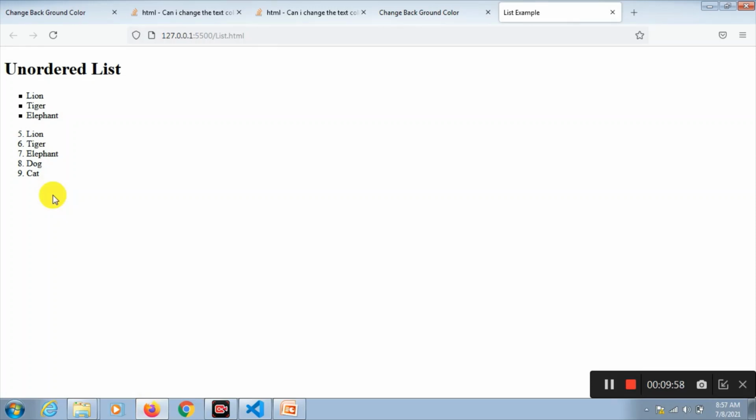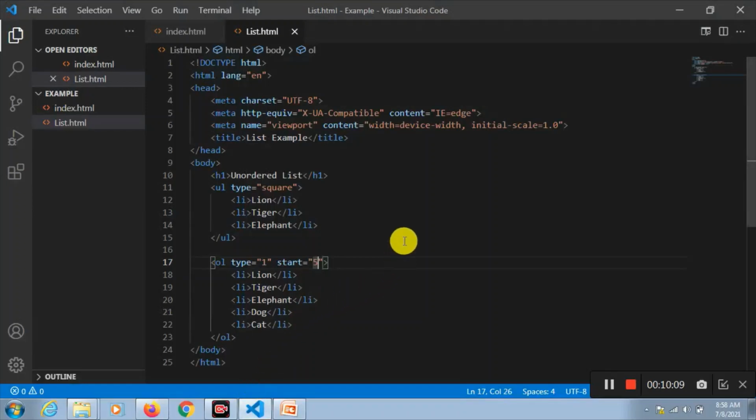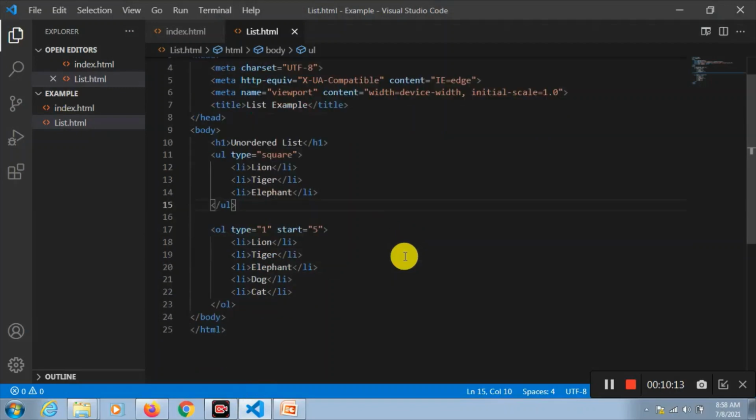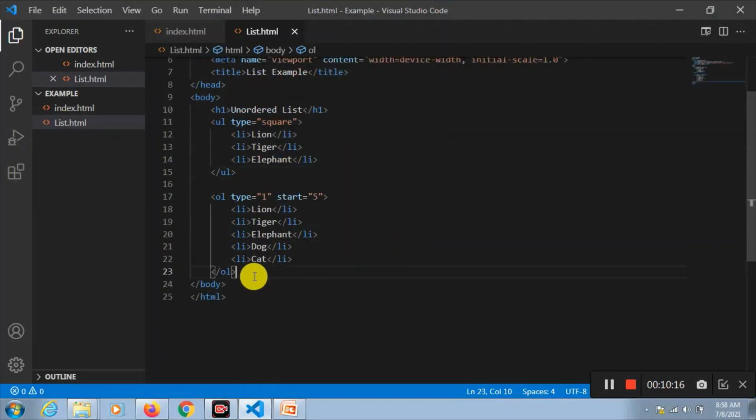This is called ordered list. The previous one is called unordered list. We can have one more list, that is called one list inside another list. So let's make one more new list. In both you can make nested list, either OL or UL. Let's take OL.